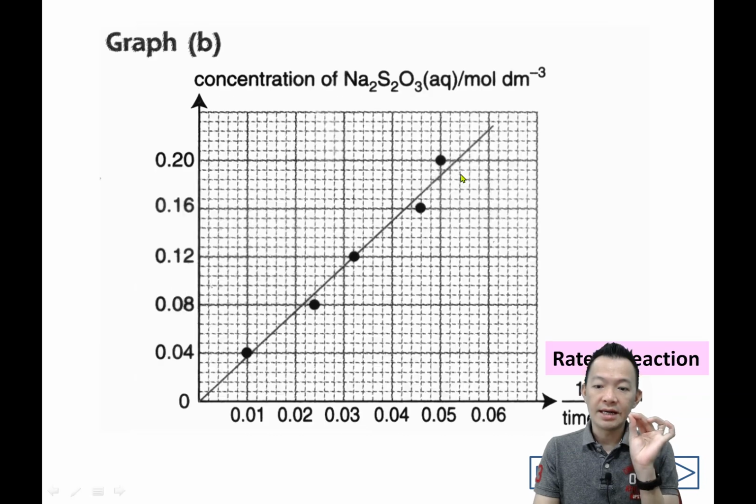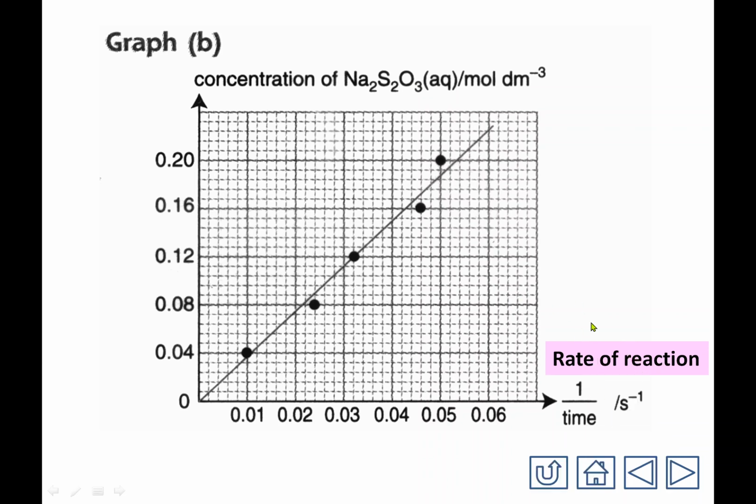I never say never in the future 啦，在以后我不代表没有，but in the past years 以前到现在为止，这种 graph 是不会出现的，他不会叫你画这个 graph 的。When you go exam, the graph will be 1 per time versus the concentration of sodium thiosulfate，就是 1 per time 跟那个浓度之间的关系。So what is meant by 1 per time? 什么叫 1 per time？就是 rate of reaction 啊。So using the data for the 1 per time 永远要放纵轴，versus the concentration of sodium thiosulfate on the horizontal axis. So the higher the concentration of sodium thiosulfate, 浓度越高的话，它的化学反应的速度呢也越来越高。